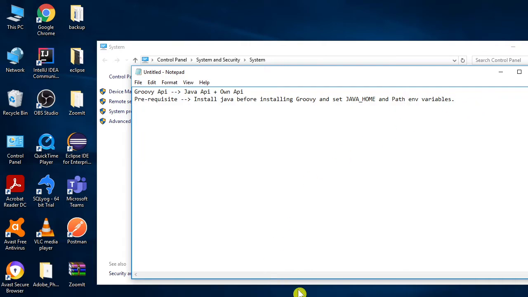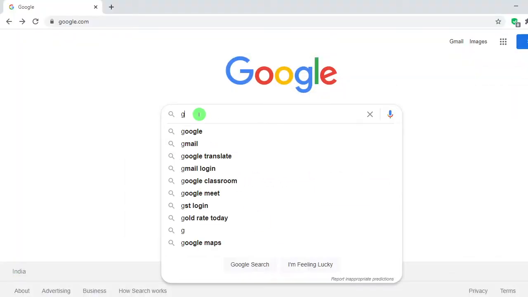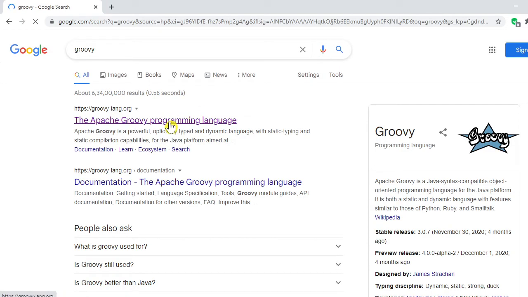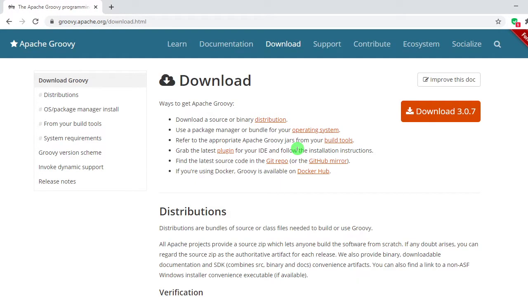To install Groovy, let's go to the official website of Groovy. So we are on the home page of the official website of Groovy. Go to the download section. Here you can see the latest stable version.